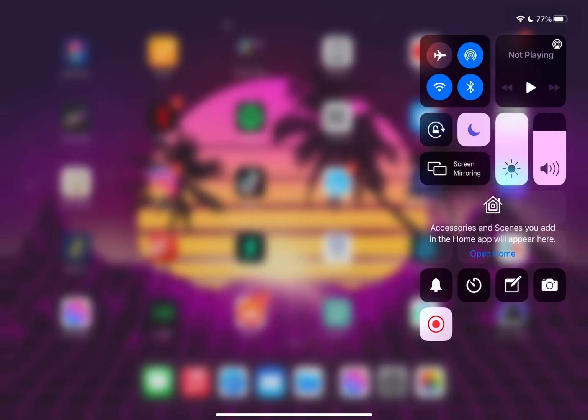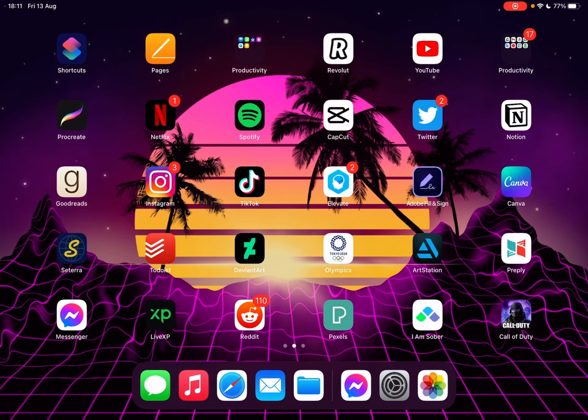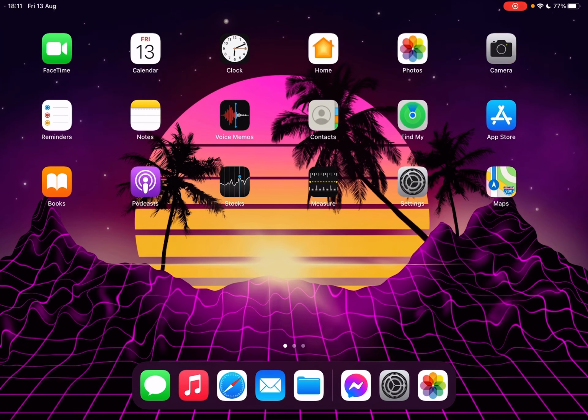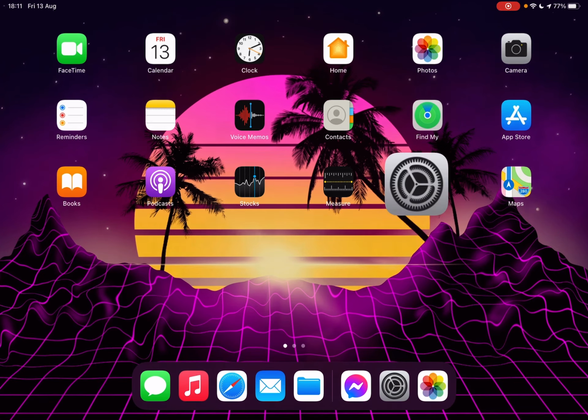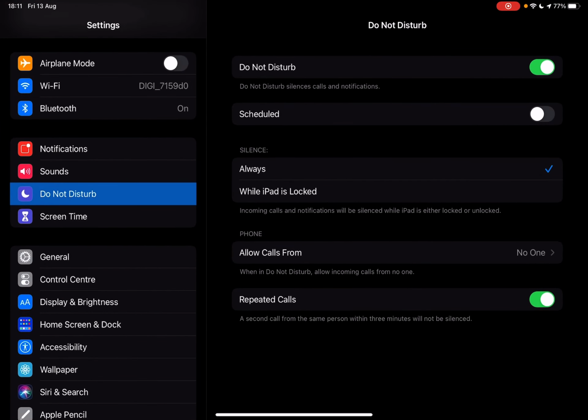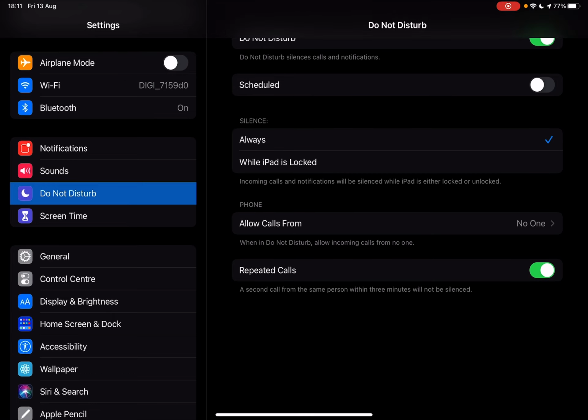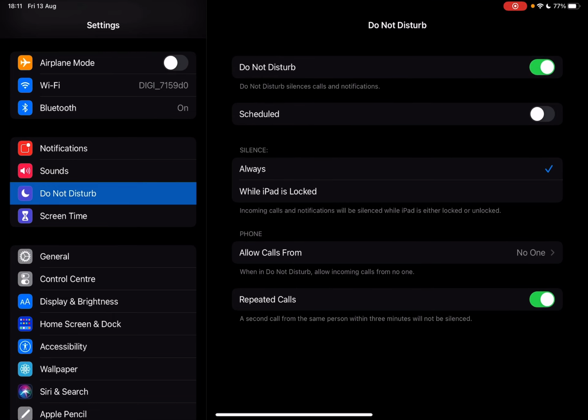Hello guys, in this video I will show you how to set the allow repeated calls option on your iPhone or iPad. So first of all you have to go to your settings and here go to the do not disturb section in the menu, and then if you scroll down you will see the phone and the repeated calls